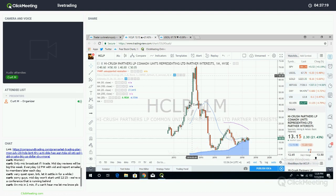Here's one of the big movers on the day, HCLP. I wanted to look at this real quick. High crush. The interesting thing about this chart, I'm watching it close as the monthly. It keeps getting right up to this pivot and then backing off, but the bulls aren't giving up. So this has got the potential for a very serious upside. If you get momentum in here, your next resistance is going to be right in around here,